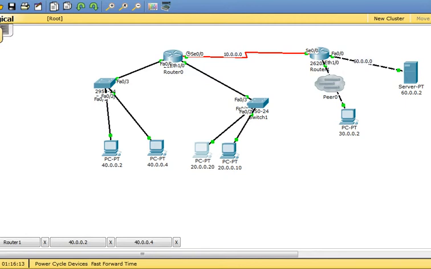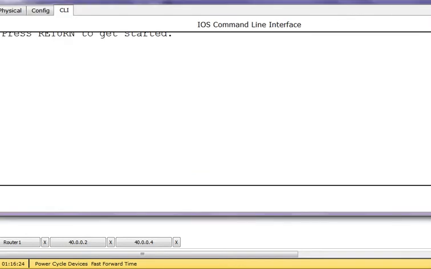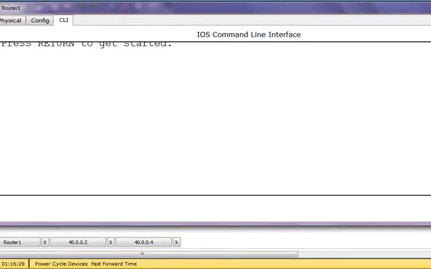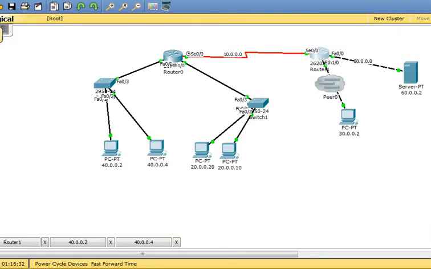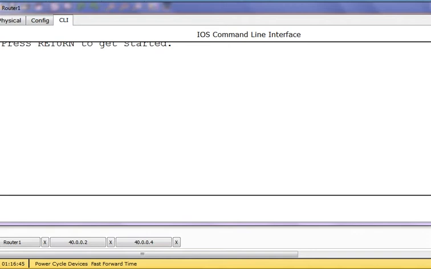So we are going to write standard ACL. These all are my sources and this is my destination, my internet. This is my internet and this is my server. So I'm going to router 1, and let's plan what to remove, what to add. I don't want the entire 40 network to use my internet, and I want 20 network to use my internet or server. So I will go to router 1 and write the command.